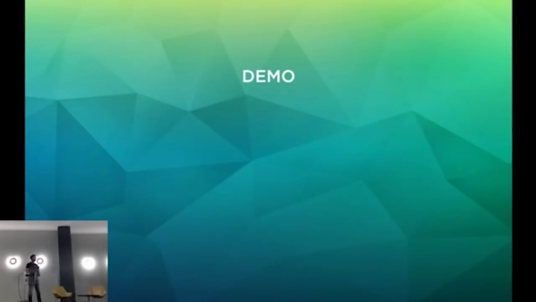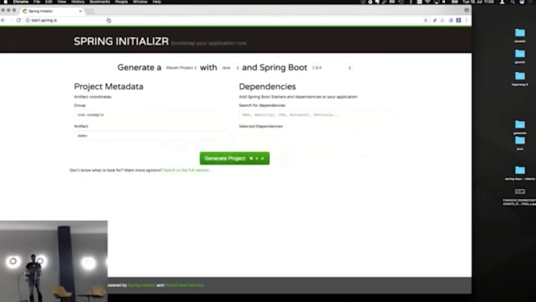And with that, I don't want to spend any more time on slides, and I want to go into code and start spinning up a Spring Boot application from scratch. The way you do this, a good friend of mine, Josh Long, who is probably the most energetic person on this planet, calls this website the place to start every day. He goes to start.spring.io every day and creates at least one Spring project. That's the place to start your day. It's the place where you can bootstrap your Spring Boot application.